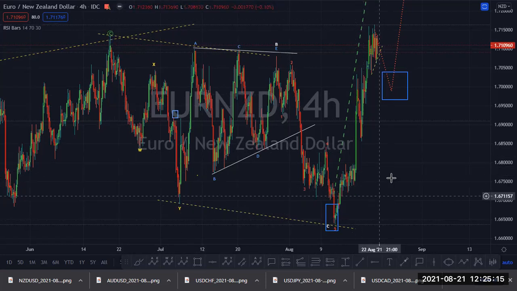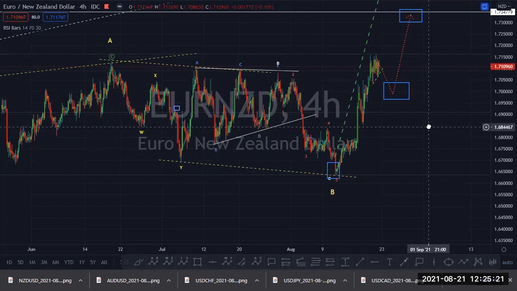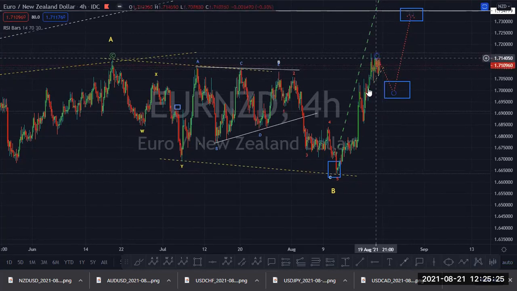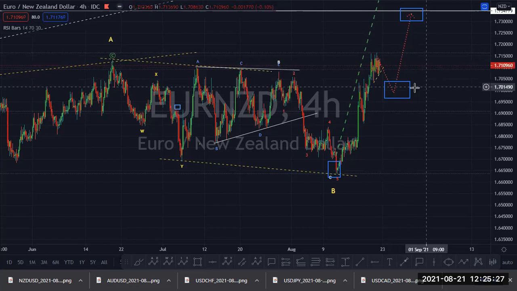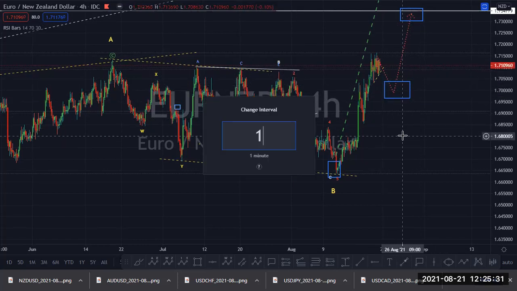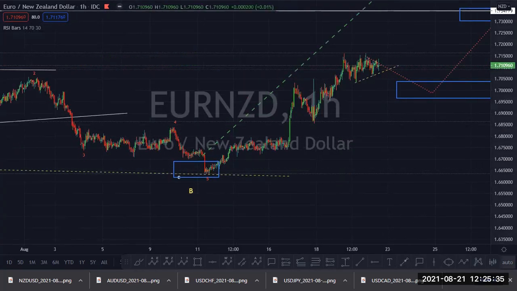Now, what are we having now? In my opinion, what we're getting is 1, 2, 3, 4, 5. So we expect 3 waves to happen here. 1, 2, that's A, B, C, then buying. Now, what about buying in the blue box? Though, back on 1 hour, you can catch the sell.